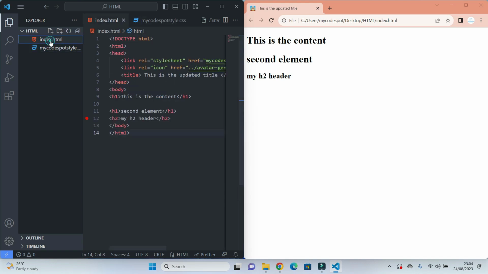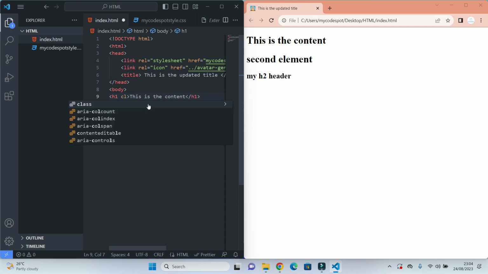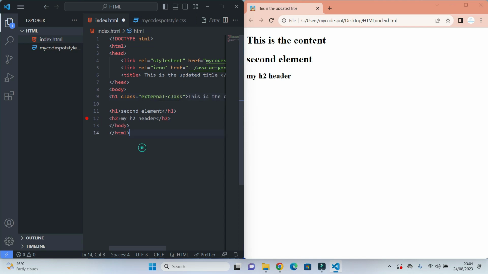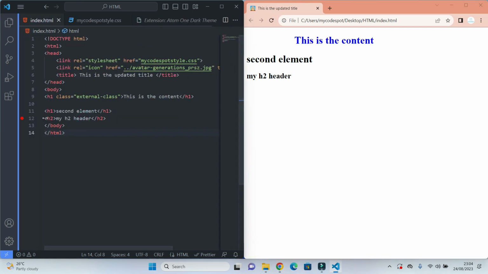Let me come here and give it a name, just so you see that it's actually reading from this external file. I call it external-class. I save and refresh. Voila. Now we've gone through the three basic methods, which are inline styling, internal style sheets, and